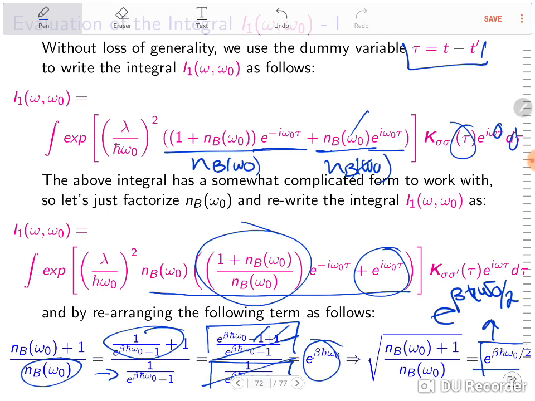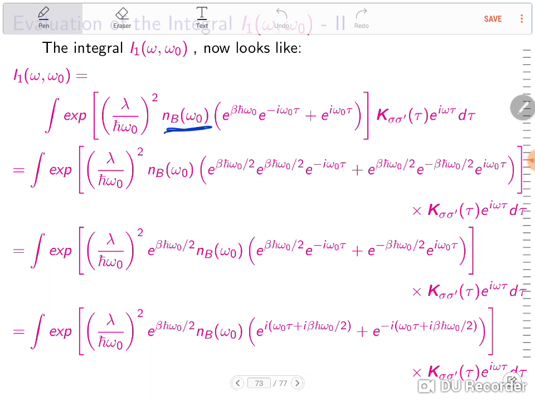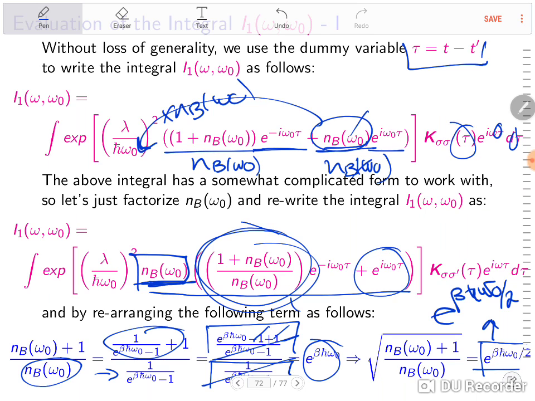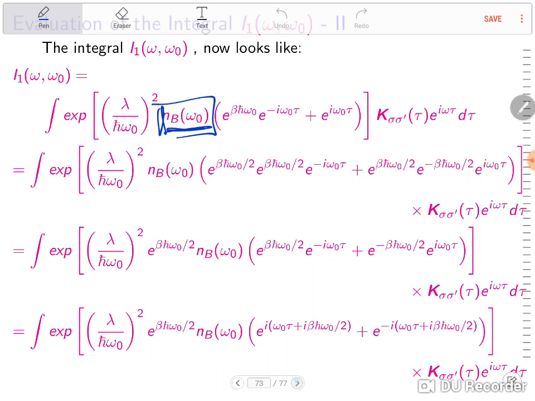That's right. And then but why we have this one left here? That's what I don't quite recall. Oh, no. Yeah, of course we divide. If we divide here, we have then to multiply by nb omega 0 here. That's right. Or this is equivalent to just factorize nb omega 0 out of this term here. And so we have, it shows that here. That's right. So then we have it here from the factorization. And then since we saw that term, this full term gave this, so then we are left here with this